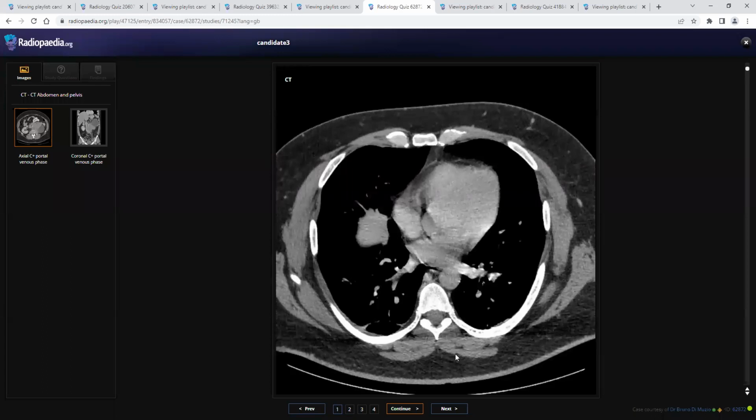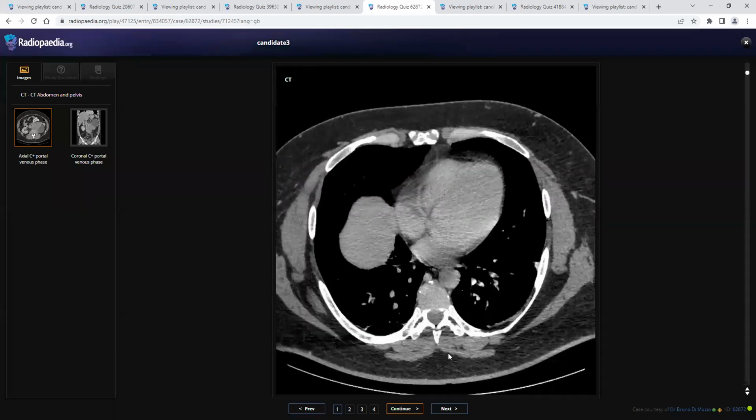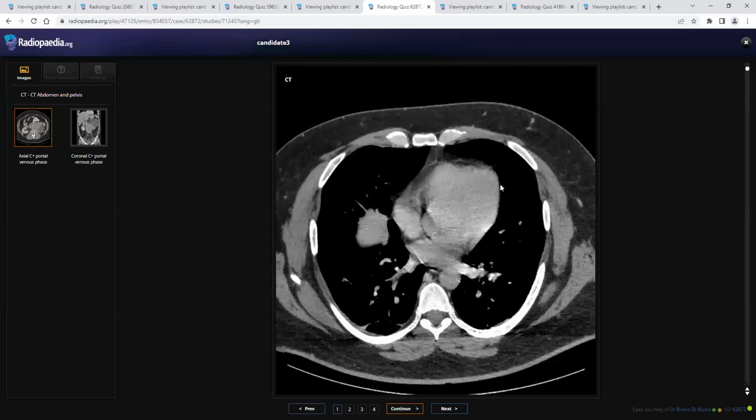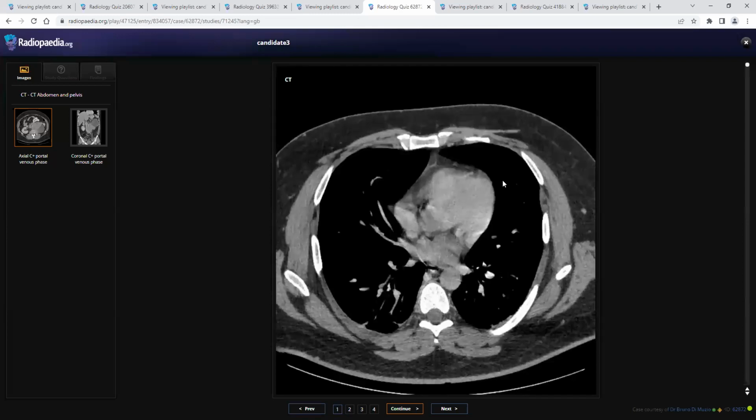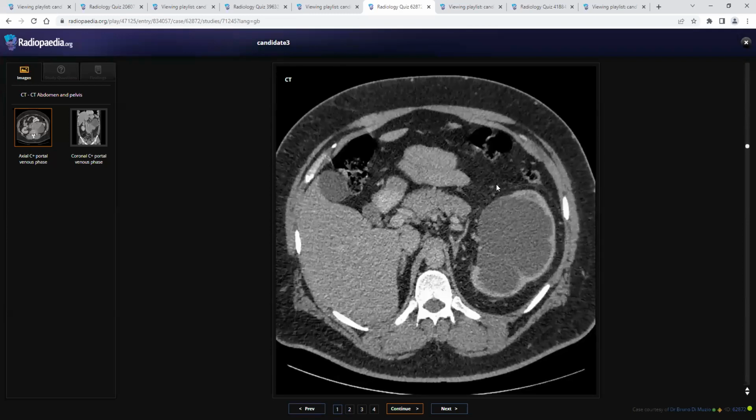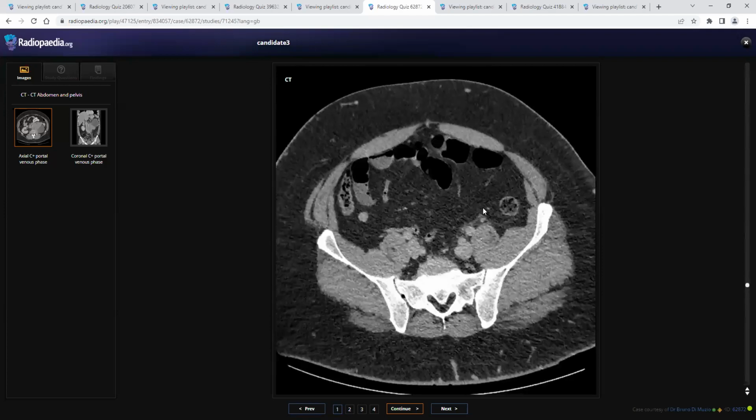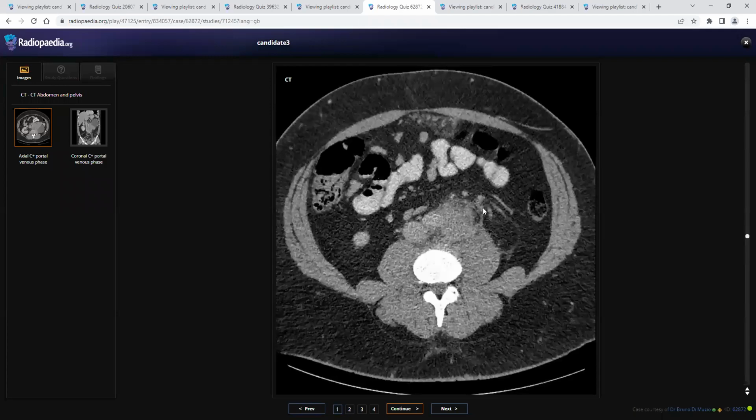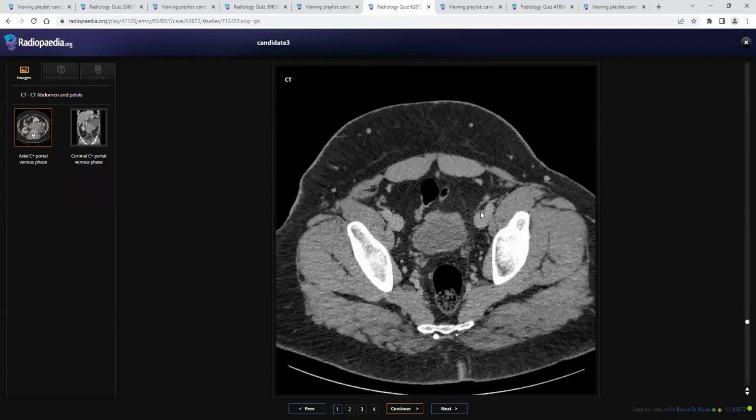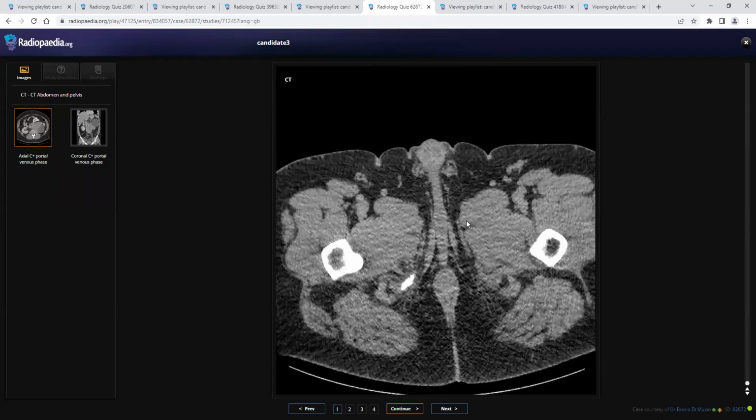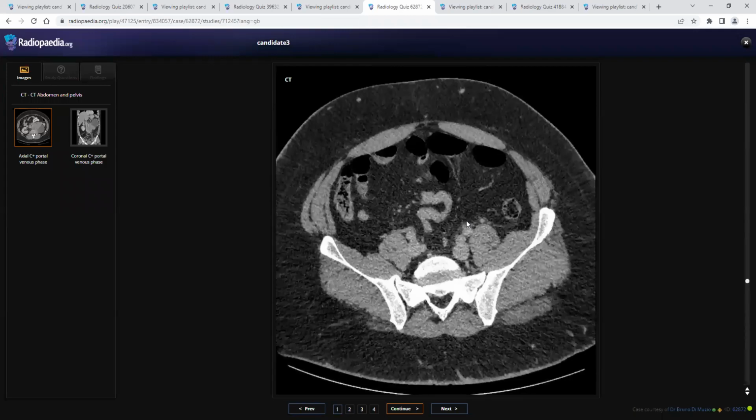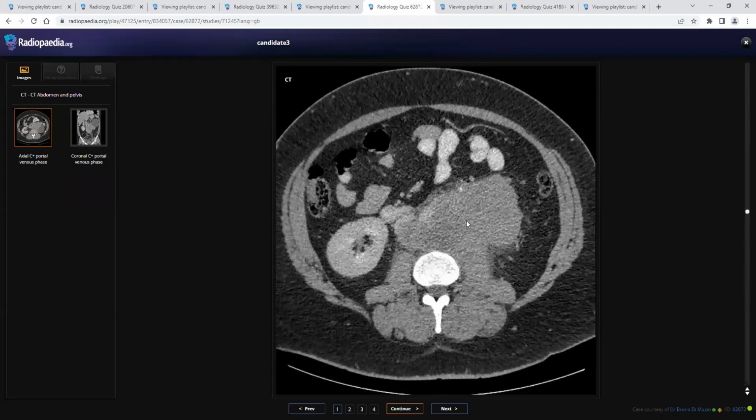So I have been provided with the contrast-enhanced CT abdomen and pelvis of a male patient. I can see there is a